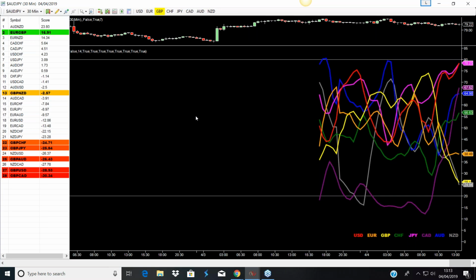And the pair that caught my eye was the pound New Zealand mid-table there. You think, well, why is it mid-table? Why isn't it going anywhere? Everything else is moving. Where Anna's cursor is, it's at spot 12, so it's literally sitting in the middle there, not going anywhere. Why isn't it going anywhere? And when you look at the CSI, it gives you the answer, because the pound, the yellow line, and the New Zealand dollar, the grey line, they are both falling